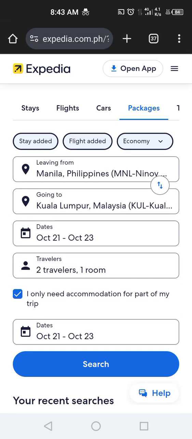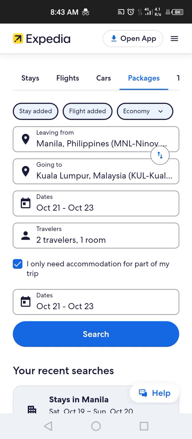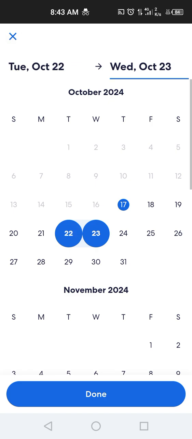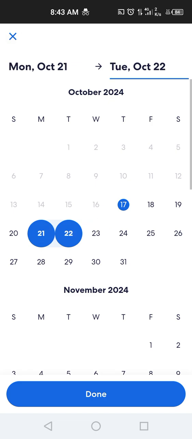Okay, 3 days and 3 nights. No, maybe actually, no. There you go. I'll just be booking 2 days for my accommodations, because just like what I said before, I'll be there 3 days in Malaysia, so a total of 2 days is actually enough to book accommodations in a 5-star hotel.